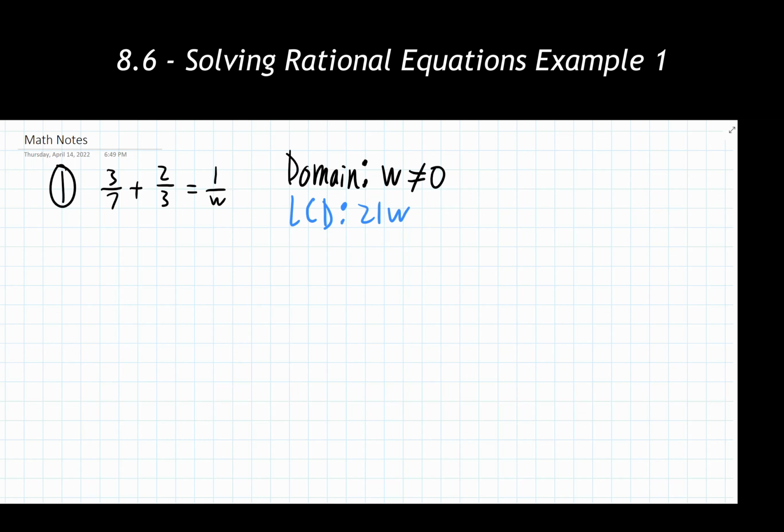Remember, your nuclear option with finding the lowest common denominator is to multiply everything together. It works well in this case, not always with others, but it is something that you can do. Moving on to step 3, we're then going to multiply both sides of the equation, meaning all terms, by this lowest common denominator. Now, when you are doing this, I recommend, it might seem like it's a lot of extra work and a lot of extra writing, but trust me, it's going to save you a lot of headache down the road. Actually write out every single thing being multiplied by this lowest common denominator.